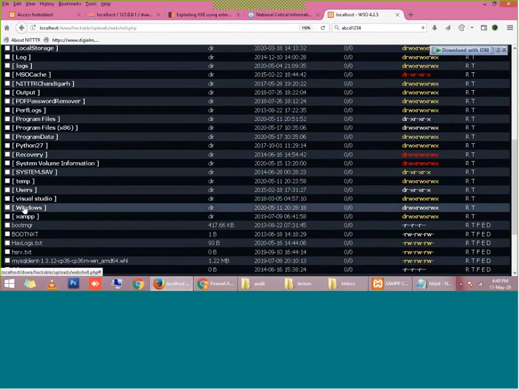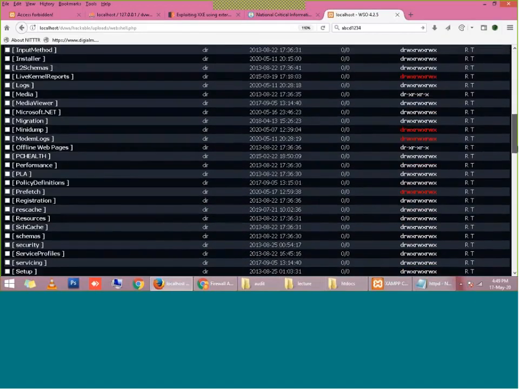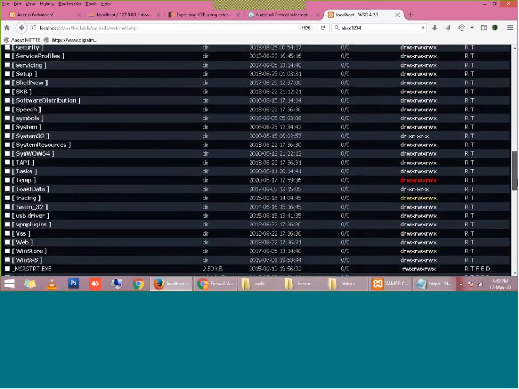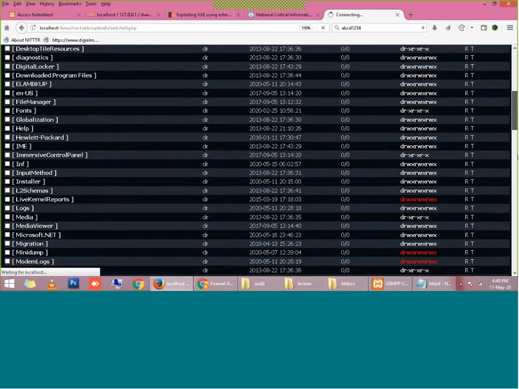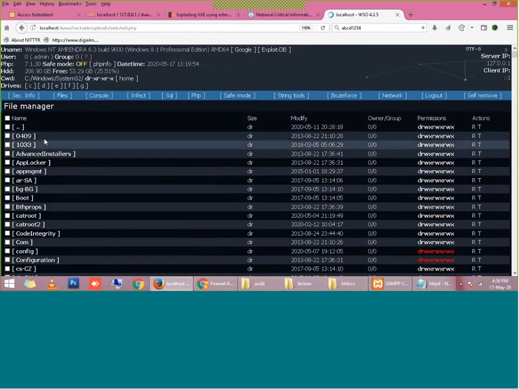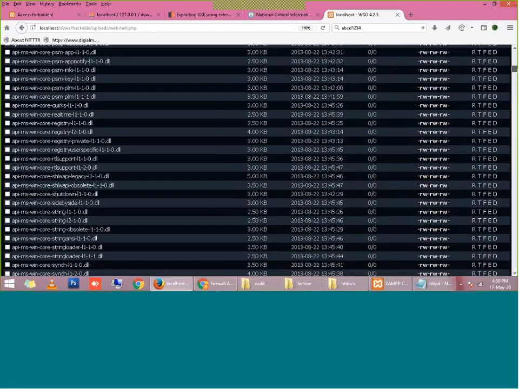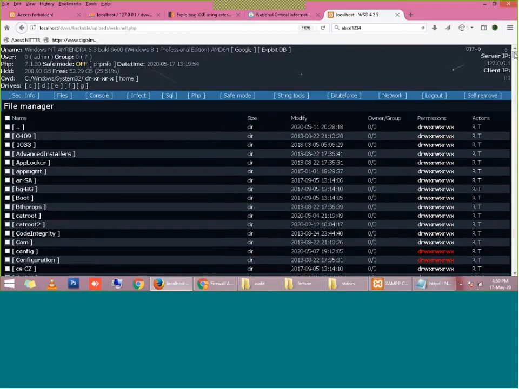He can have access to your Windows directory, and all the folders which are inside the Windows directory are here, right? You can find system32 here. You all know what system32 is. System32 is a folder of any Windows machine where all the default programs are stored. You can find explorer.exe. If I delete this explorer.exe, I just have to click and delete it, right? So if I delete this explorer.exe, what will happen? My Windows, or anything in my computer, will not open, right?